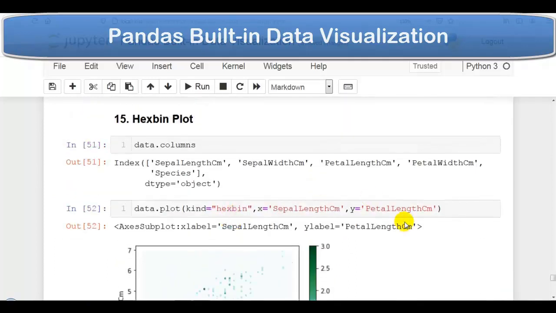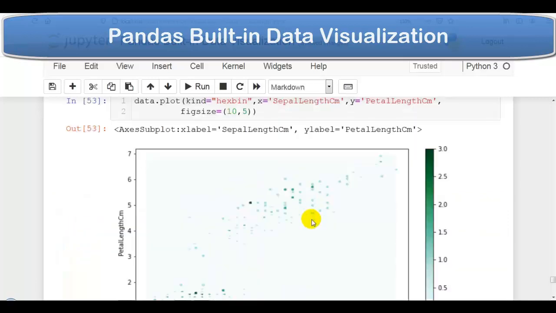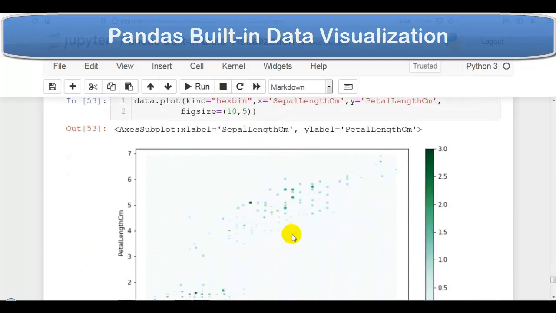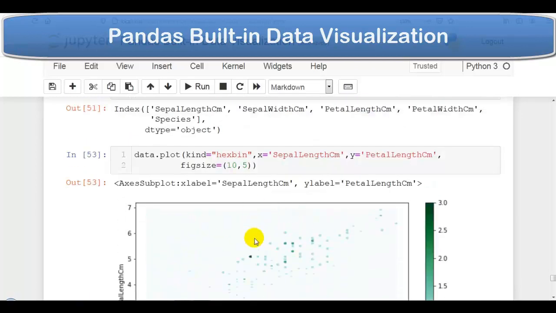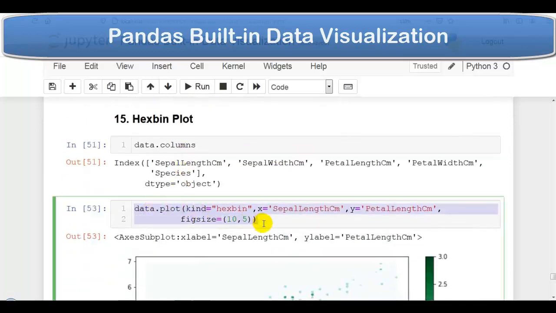So let me change figure size using this figsize parameter of this plot method. In a tuple, let me pass 10,5. As you can see, this hex bin plot is similar to the scatter plot, but in place of dots, it displays hexagon shapes. And the intensity of the color of a hexagon can be interpreted as points being more concentrated in this area, meaning deeper the color, higher the density. So this is called a hex bin plot, which is similar to scatter plot. So this way we can display hex bin plot.